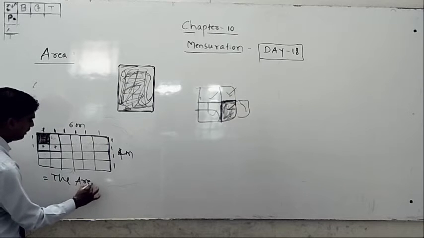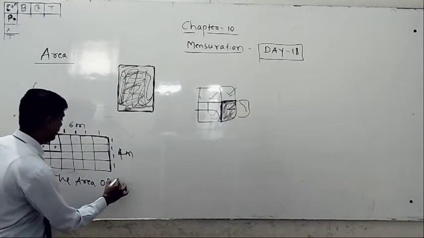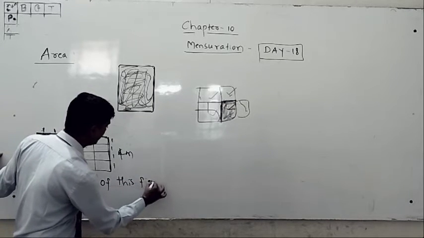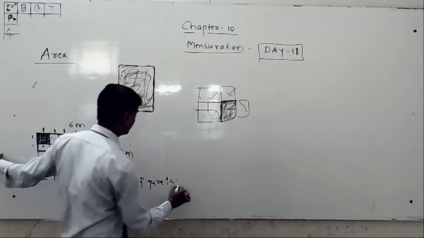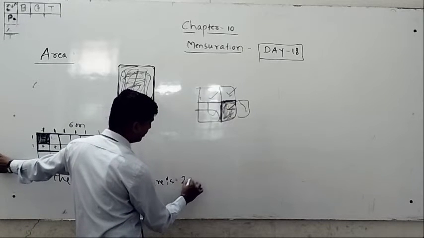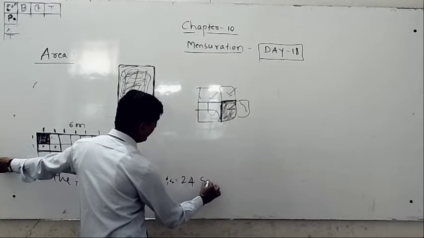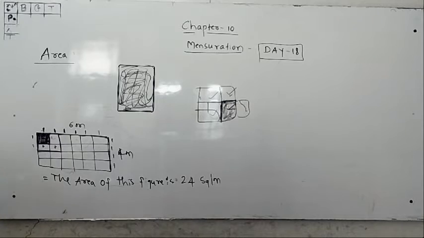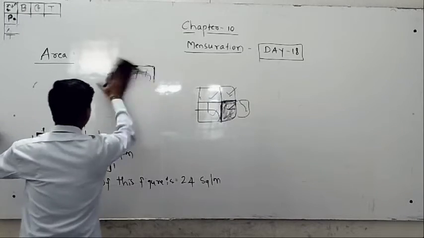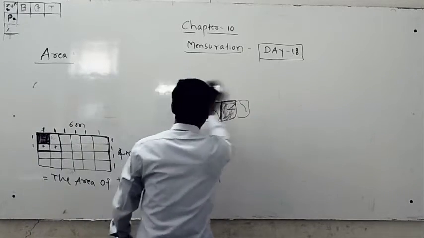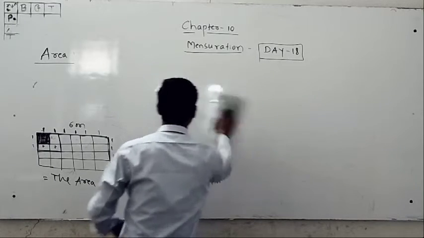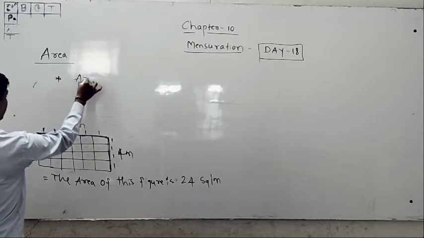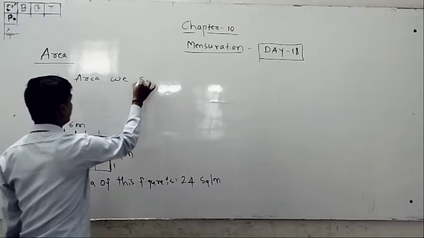The area of this figure is how much? 24 square meter. What is that? 24 square meter. One thing is clear. Remember, this thing is very important. Area. This point is very important. Area we should represent